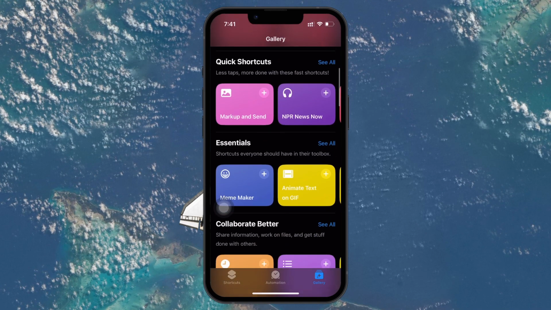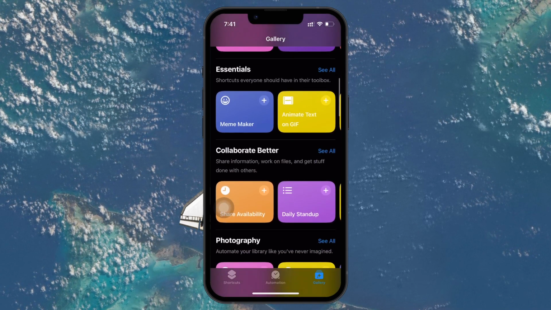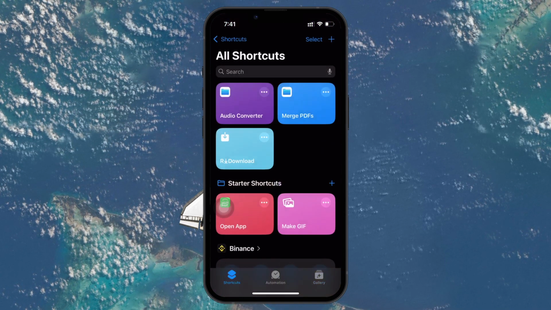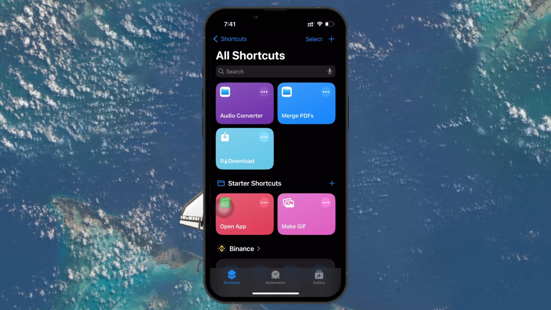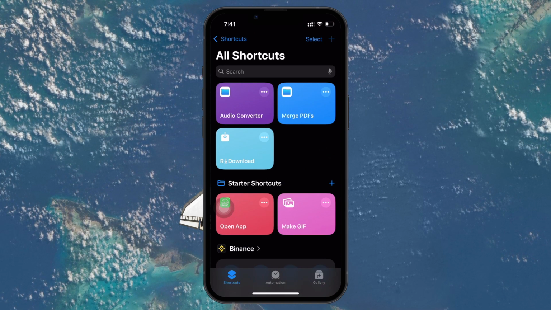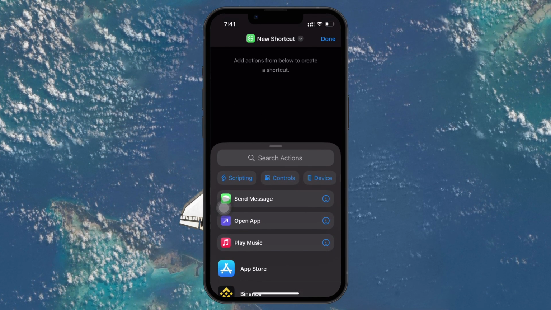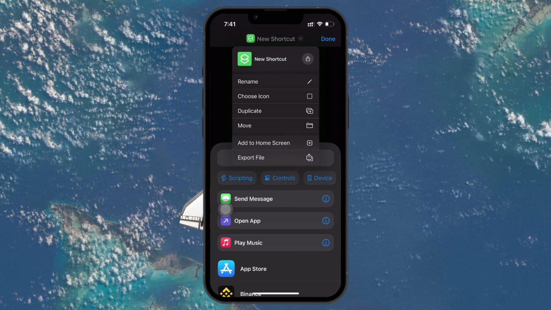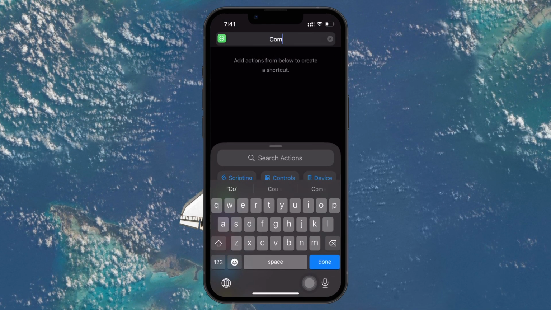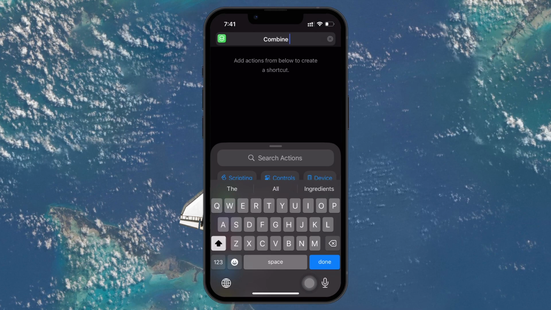First, open the Shortcuts app on your iPhone. At the bottom left, tap on Shortcuts to access your shortcut collection. Then, tap the plus icon at the top right to create a new shortcut. Start by tapping on New Shortcut at the top and rename it to something like Combine Photos, so you can